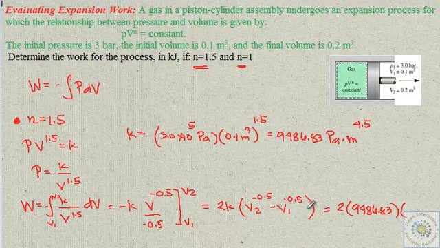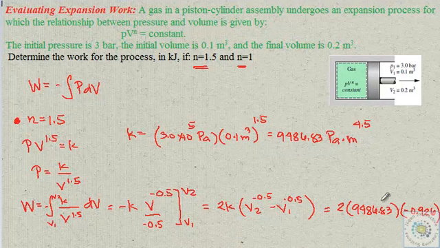V2 minus V1. So V2, which I know, is 0.2. V1 is 0.1 raised to negative 0.5. That gives me negative... So I'm doing it directly. I'm putting the values, the result for this one: negative 0.926. Okay, negative 0.926. And therefore work in this case will be equal to, so this is the unit,